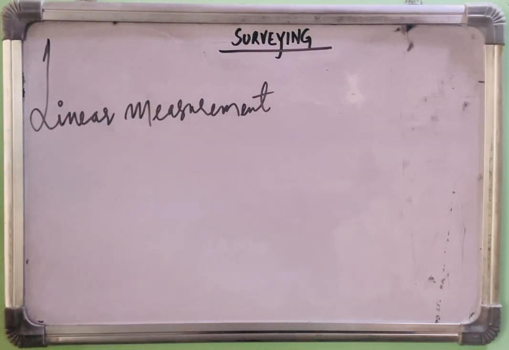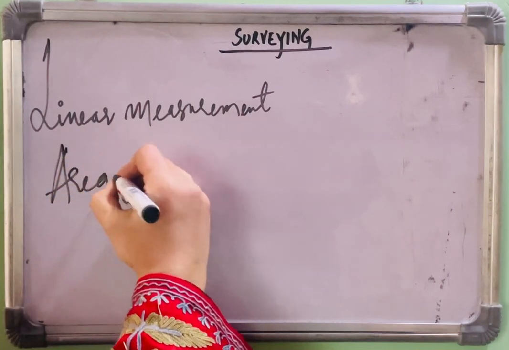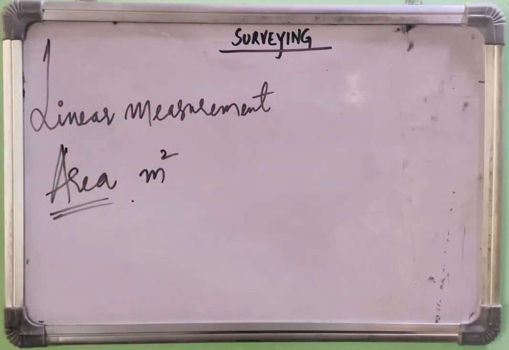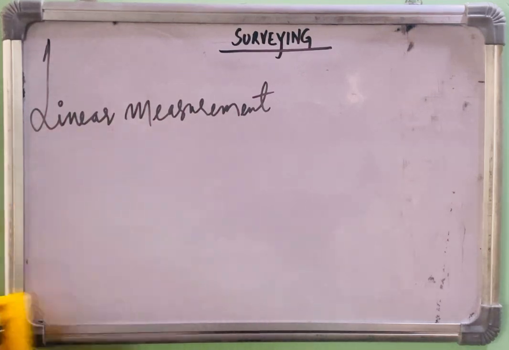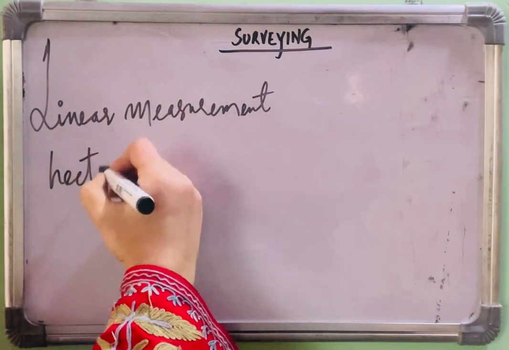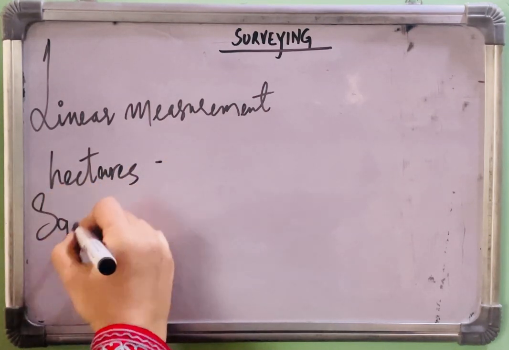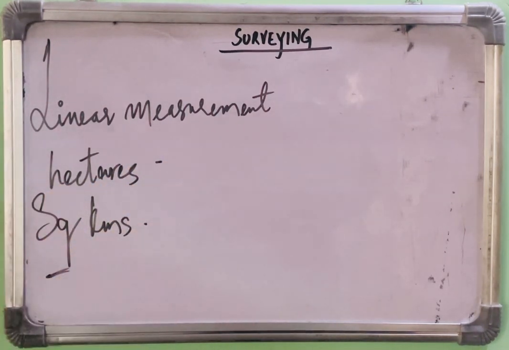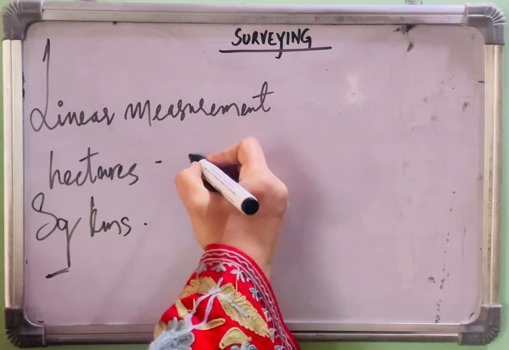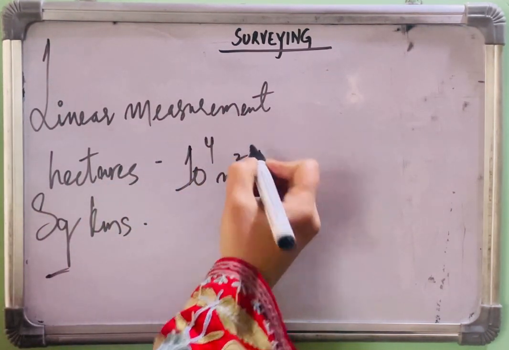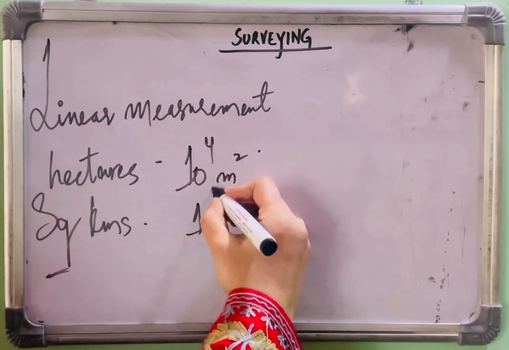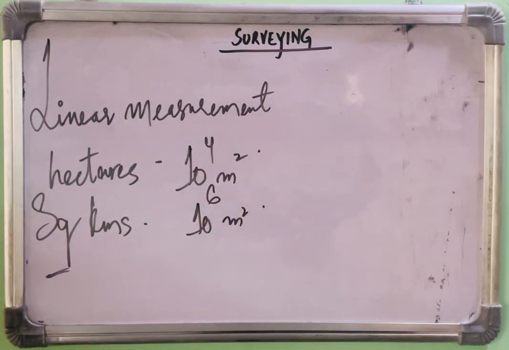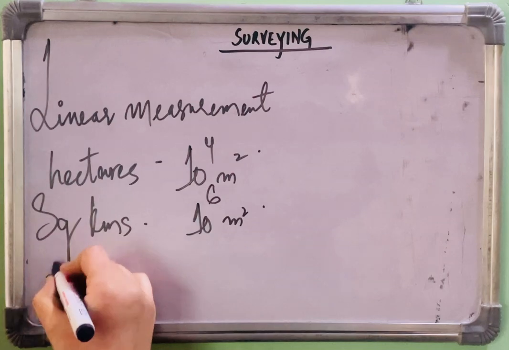How about area? Area is usually expressed in meter square, and occasionally we can use some other ways of expressing area, such as hectares or square kilometers, right? Wherein 1 hectare is equal to 10 raised to 4 meter square, and 1 square kilometer is equal to 10 raised to 6 meter square. And it must also be noted that 1 hectare